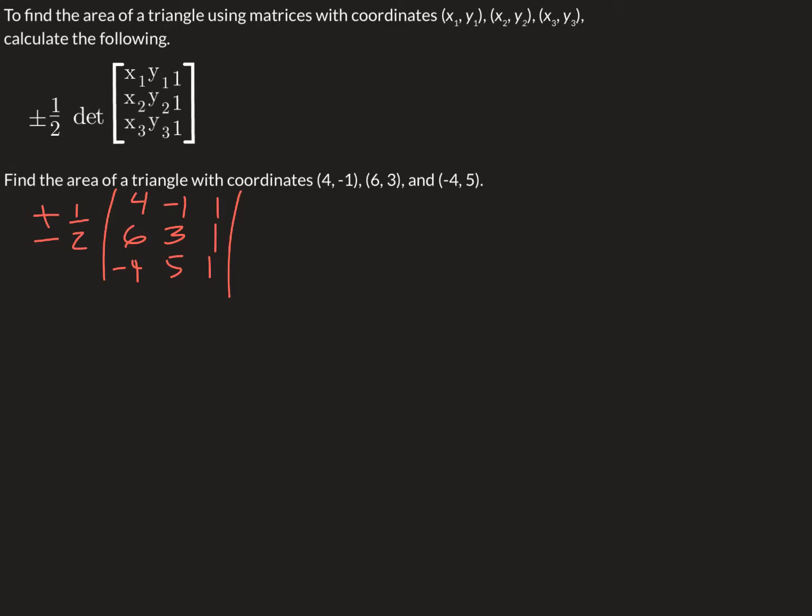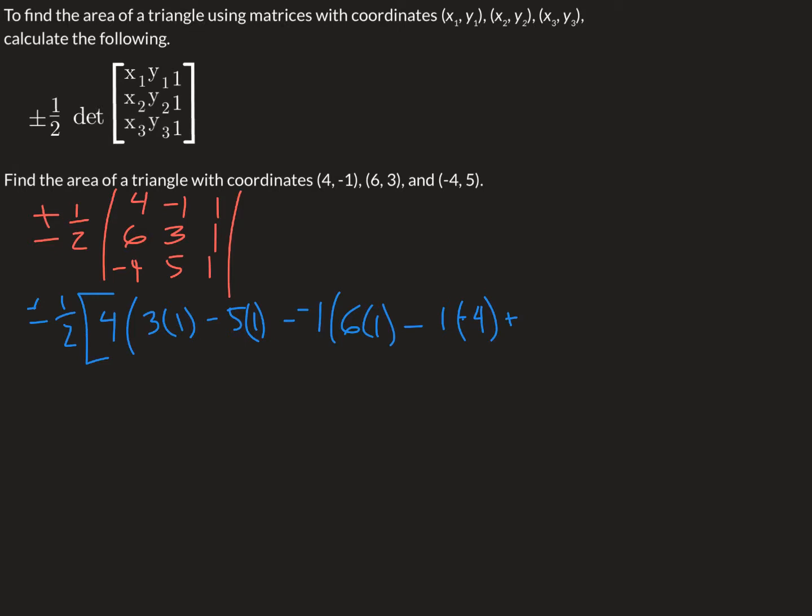And remember, to do the determinant of a 3 by 3 matrix, we have plus or minus 1/2 times. We take the 4 times the determinant of the bottom right 2 by 2, so 3 times 1 minus 5 times 1, minus. Then we take the middle number, -1, times the 2 by 2 matrix 6, 1 and -4, 1. So 6 times 1 minus 1 times -4